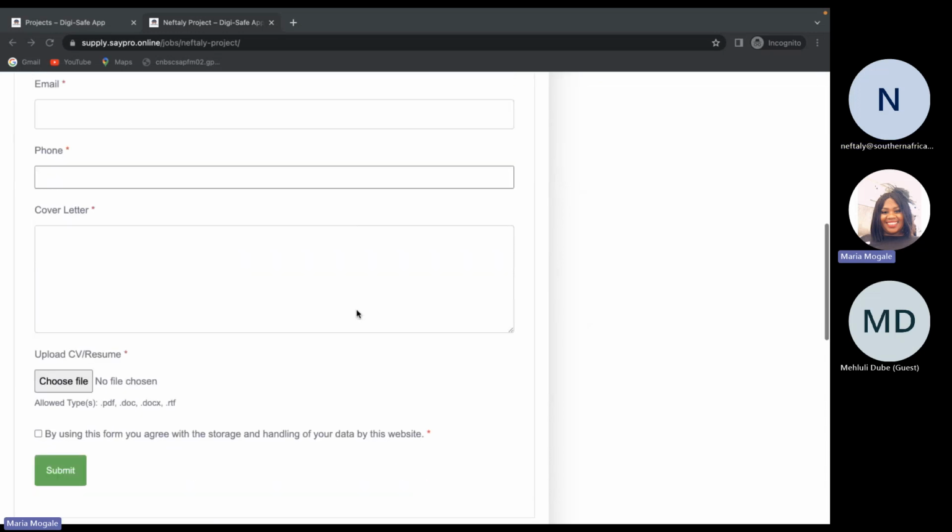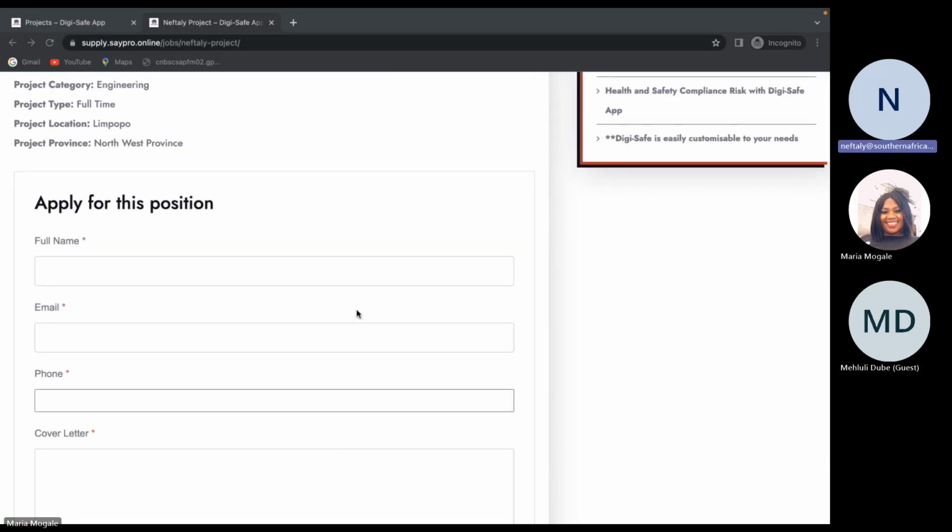So now this is another part which I didn't explain last time, but here you are also flexible to allow the company to add their own information so that you don't have to pre-populate information as a host. They can add their own information and make sure that the information is correct. Because for you to enter information for Cypro, it could be a lot of work for you to do. But what can happen is that we will customize the form to make sure that it enables you to enter all the information.